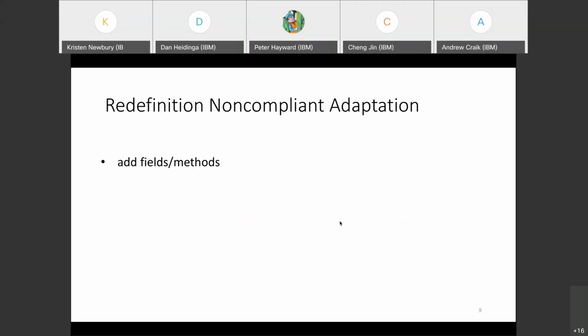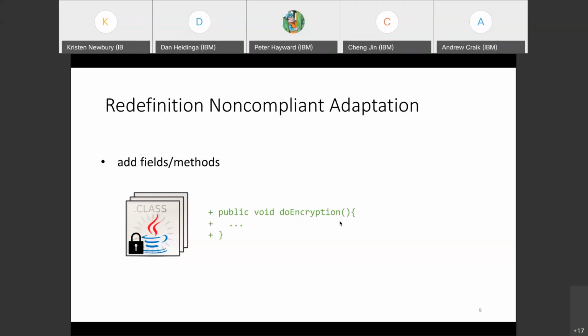The one that we focused the most on in this work is the type of change where you add fields or methods to a patch. Again, the first step would be to detect that those fields or methods have been added. And for this one, it's a little more interesting. What we do is create something that I call host classes that correspond one-to-one with each class in a patch. And we move added fields or methods from the patch into the host classes